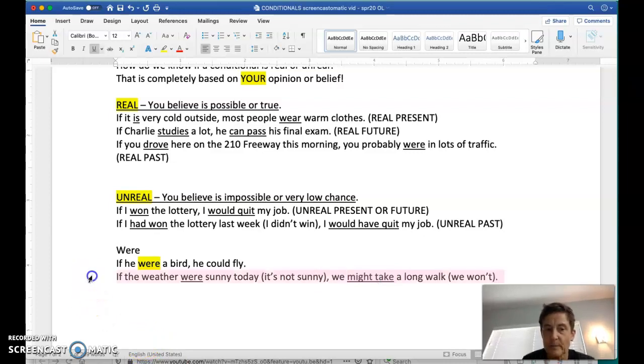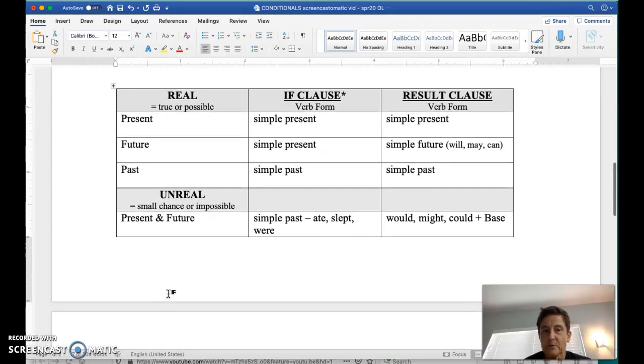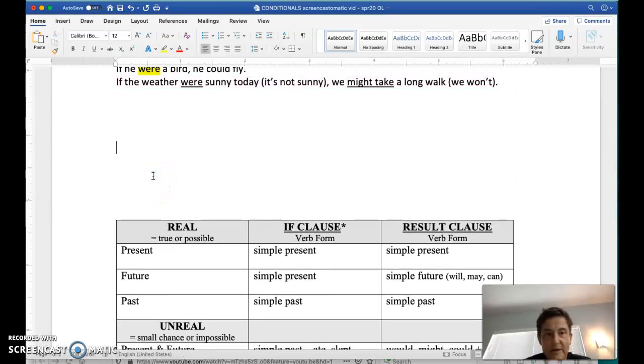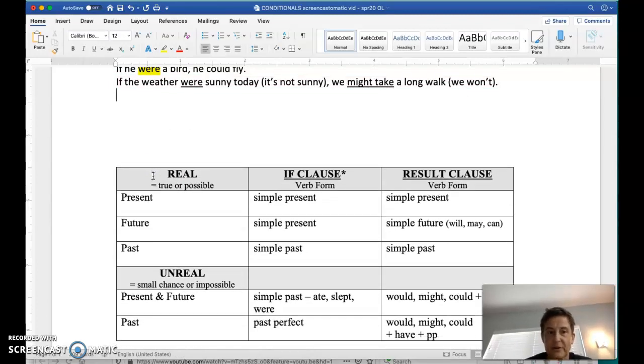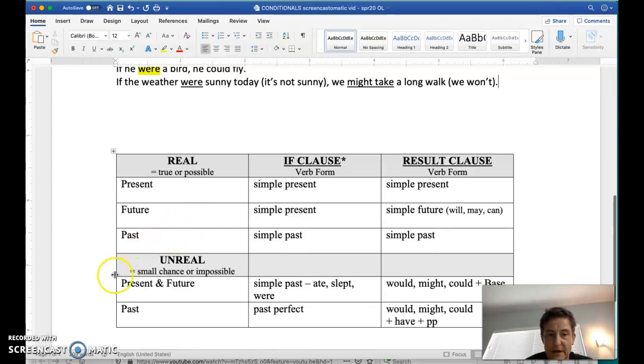This is unreal. Of course, this is unreal. I'm still talking about unreal. Which tense is that? Present, future, past? Well, you should know when you memorize the chart that that is going to be talking about present or future. Here we have unreal, present or future. We have simple past in the if clause, and it happens to be "were" this time. If the weather were sunny today,